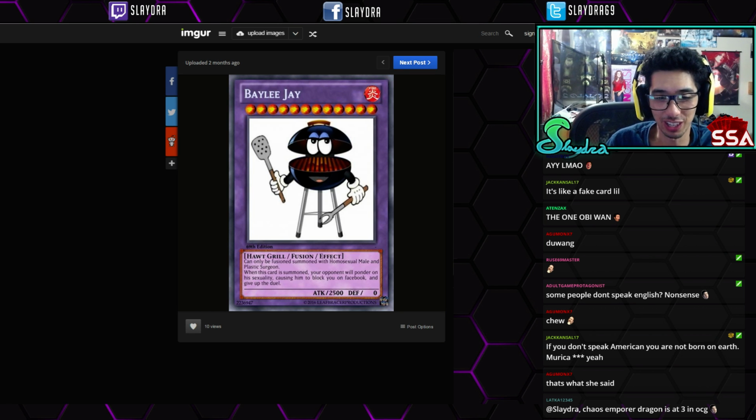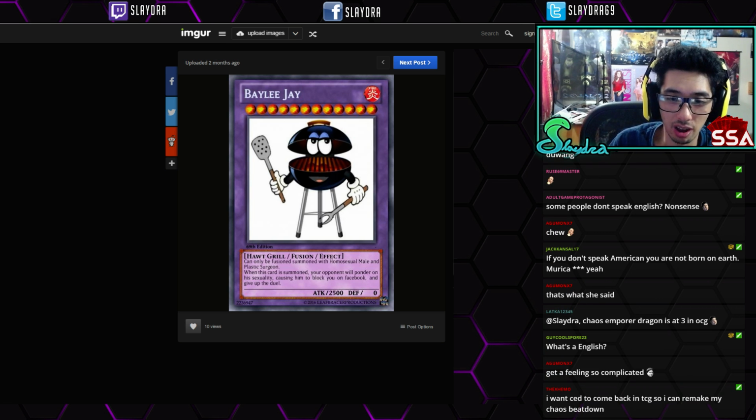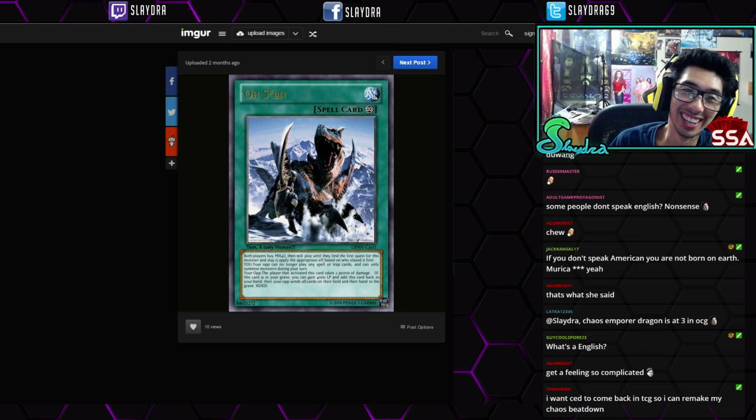Bailey J, it's a gorilla. This can only be fused with homosexual mate and plastic surgeon. When this card is summoned, your opponent will ponder his sexuality, causing him to block you on Facebook and give up the duel. Pretty good. Pretty good. Next up, we have